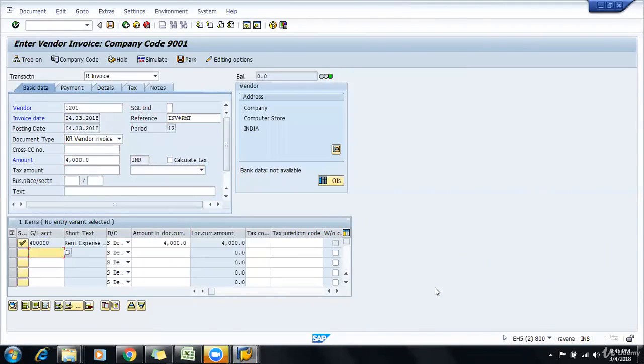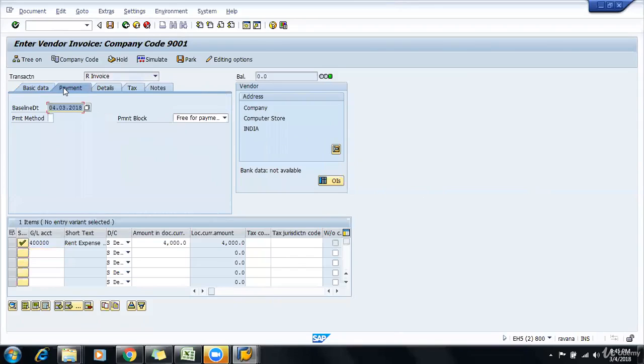Now, careful. For payment terms, you need to go to the payment tab and enter the payment terms. Do you find payment terms here? No. That means payment terms are suppressed or hidden. Now, where do you want me to check the payment terms? Of course, field status variance. Okay. Now, go to field status variance